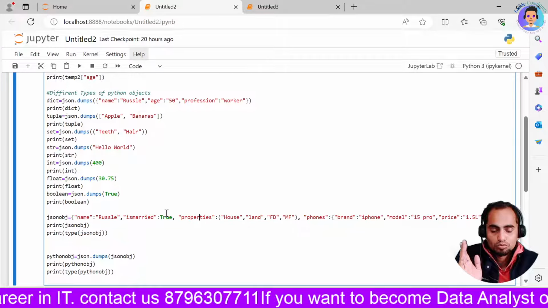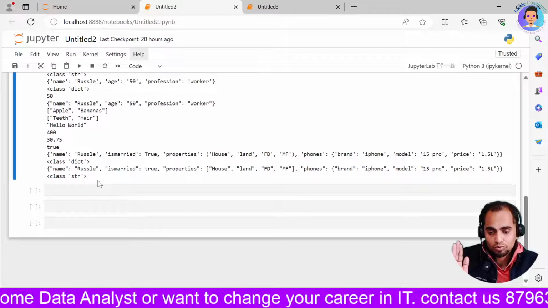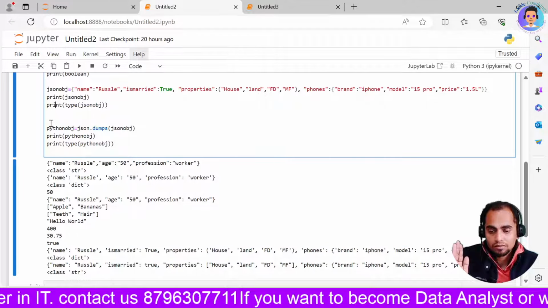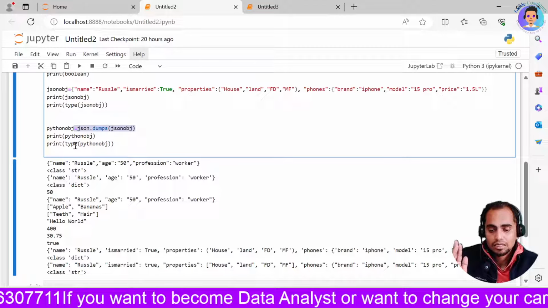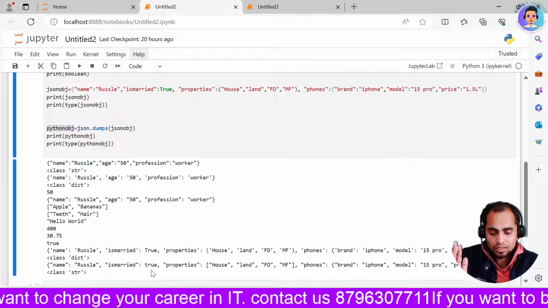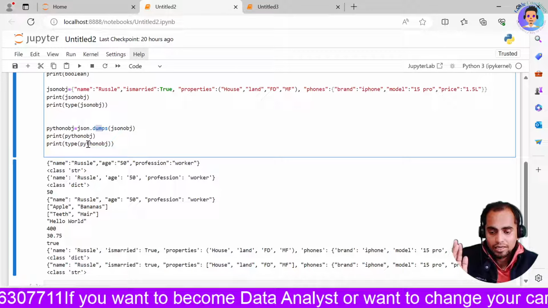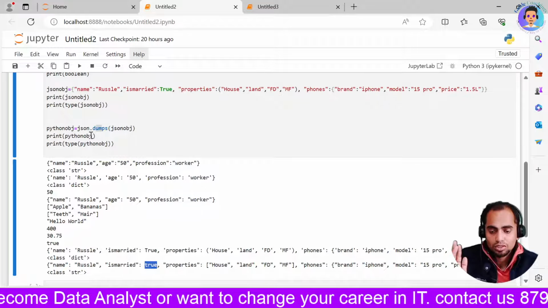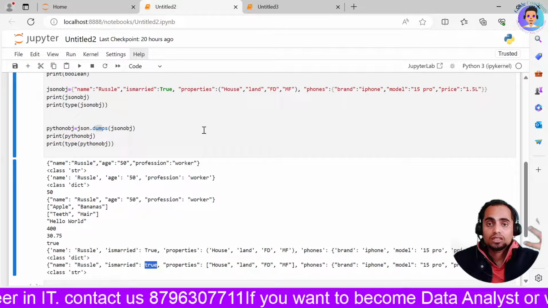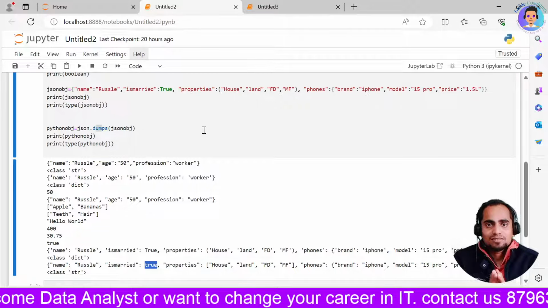If you want to traverse these details, you can do it. But overall, just see this part. I have also executed this. So see here, it is first dictionary type, and once we wanted to convert it, we have dumps over here. We have created a dumps of it and converted it, and once it is converted, it is in string format. And here see, the true is capital as we have over here, but as we converted using dumps and executed it, now it is showing in small format. So that is how you can use your JSON objects in Python, and you can manipulate them and access them as Python objects,